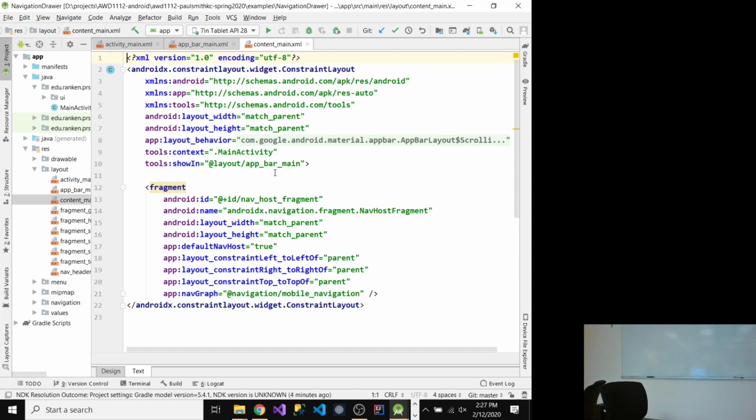So this is where the actual content of the page is. Okay. So here's a fragment tag. They're giving it ID now host fragment. So what they're actually doing then is the way